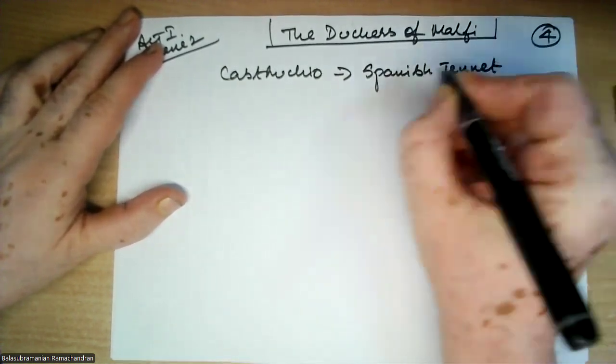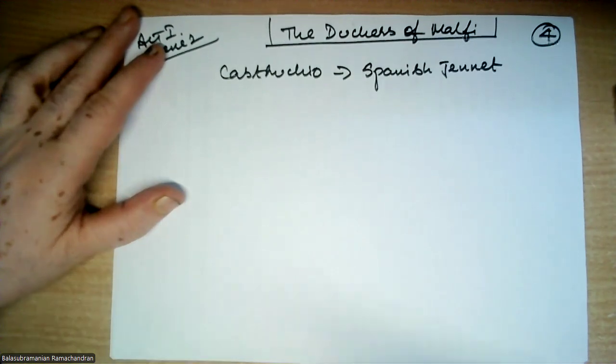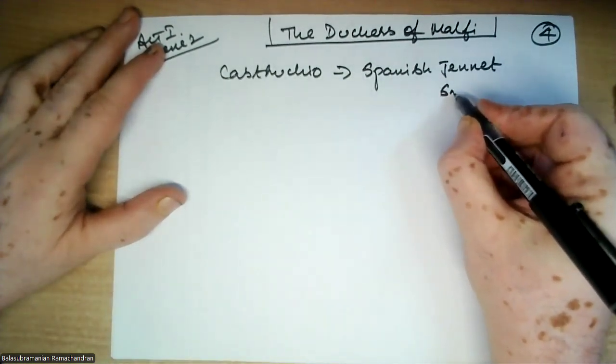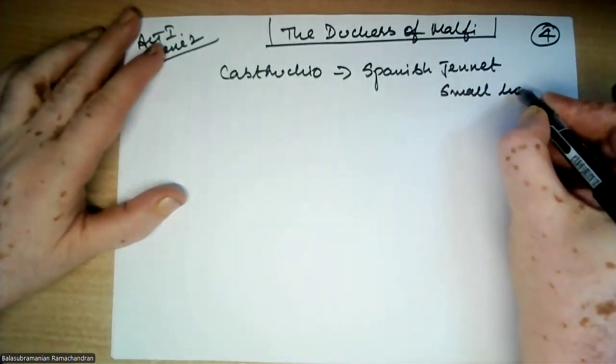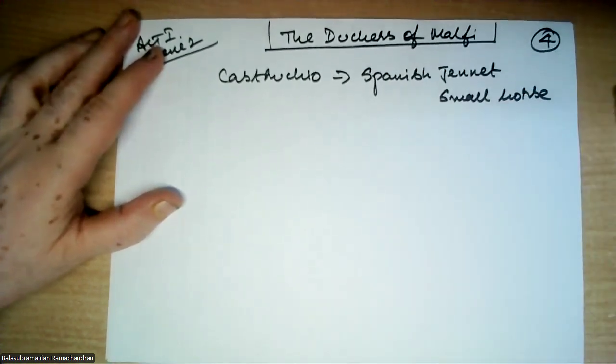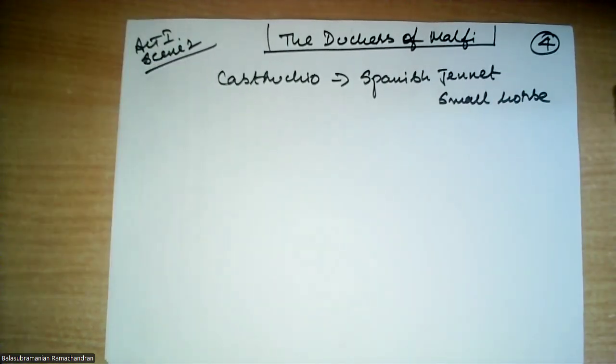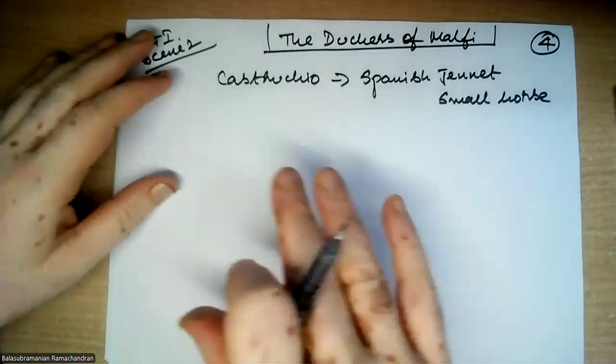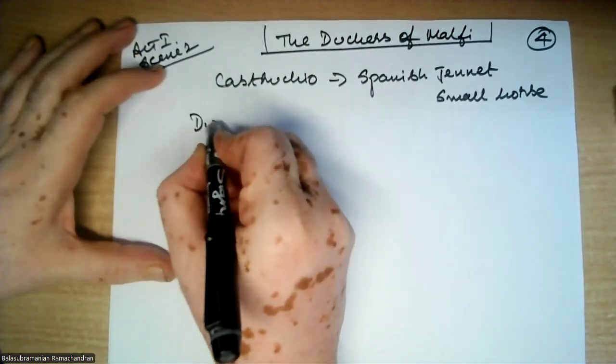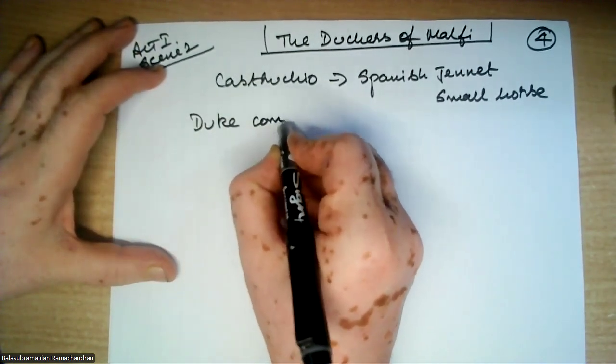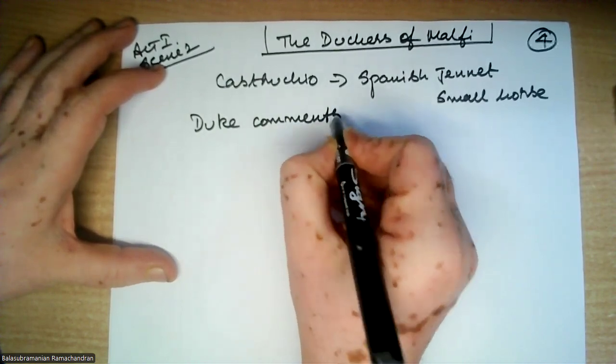Okay, now what is the Spanish genet? It's a small horse, which is very quick. It runs very quickly. That is, it's known for its speed. And then the Duke makes some comment about the horse, and what happens is the